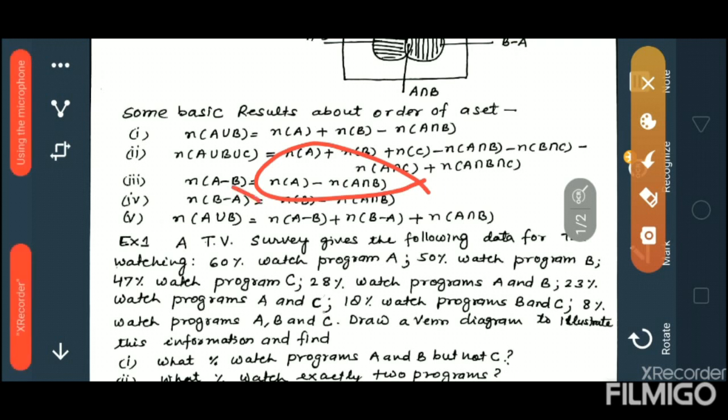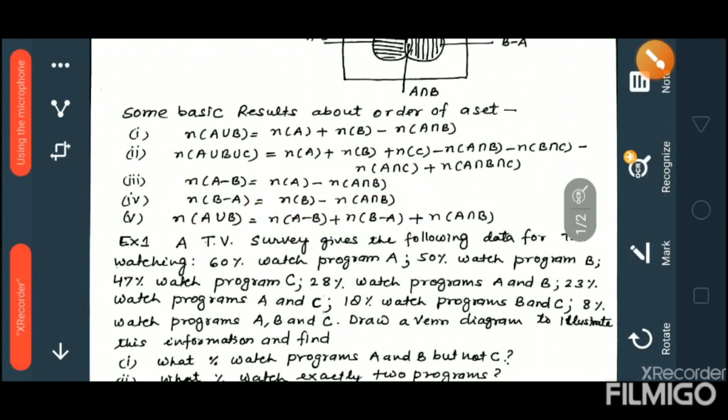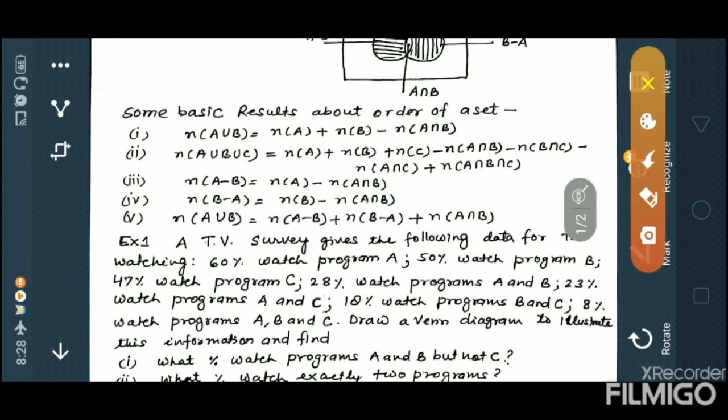Conversely, n(B minus A), the number of elements in B minus A, can be written as the number of elements in B minus the number of elements in A intersection B. So memorize all these formulas. Now let's solve an example. Example first is